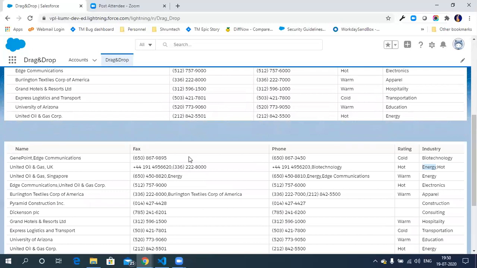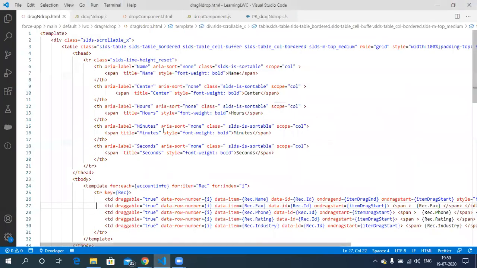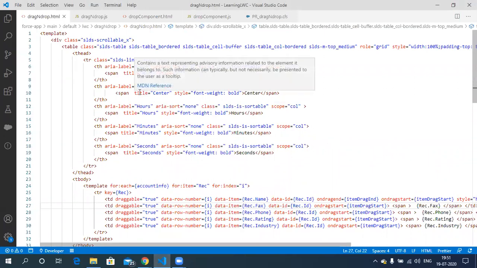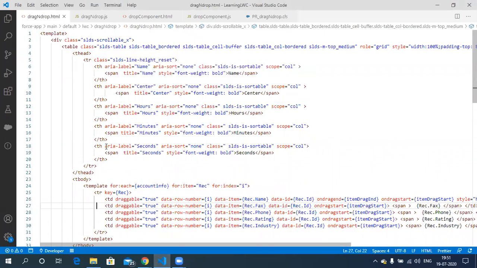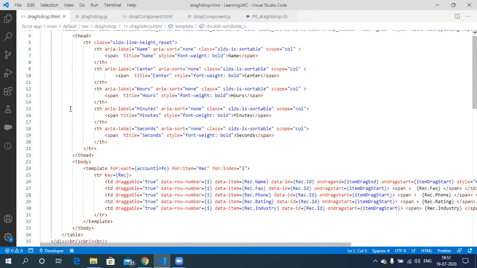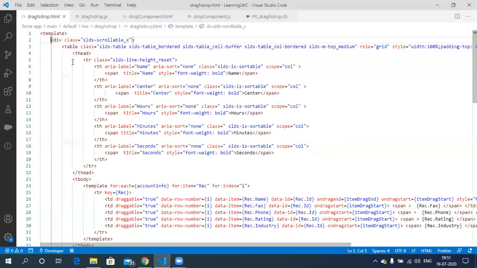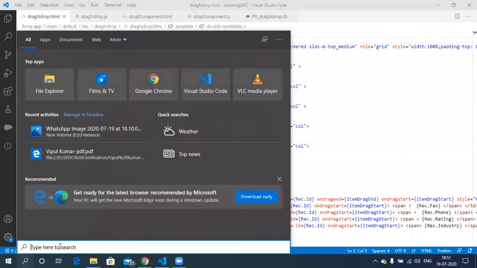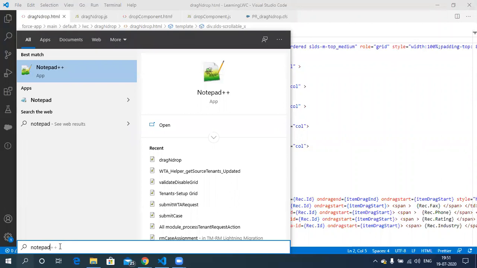Now I will let you go through the code I have written here. The code is very simple, and I will not write it in front of you now, so that the video doesn't become lengthy. I have already implemented all of it, and I will just let you go through my VS Code to see what code is written and how I have implemented this, to keep the video shorter. In this table I will describe on Notepad, so that it is very clear for everyone.